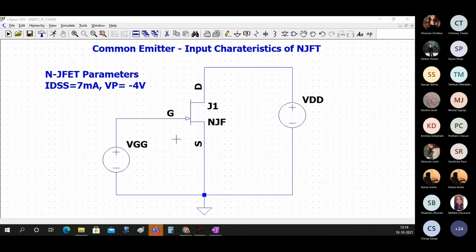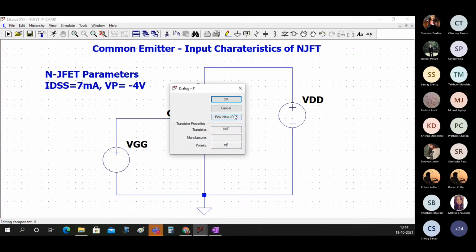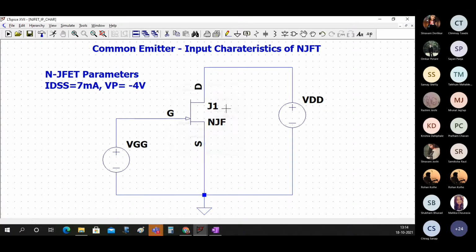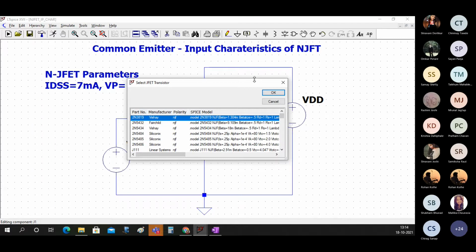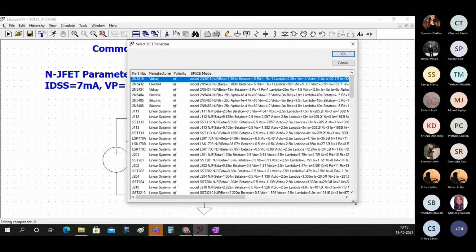Fine. So now everybody should be at this circuit, and what we want to actually apply is this. But you must understand that we have just typed a comment. I mean, we have not really applied anything here. Now, as an engineer, you should think how to give. So if you don't know this for the first time, then how will you actually give the values? So what you can do is you can right click on this JFET and then say pick a new JFET.